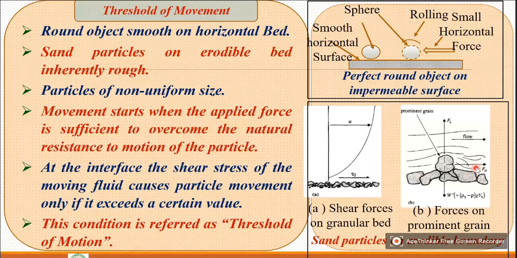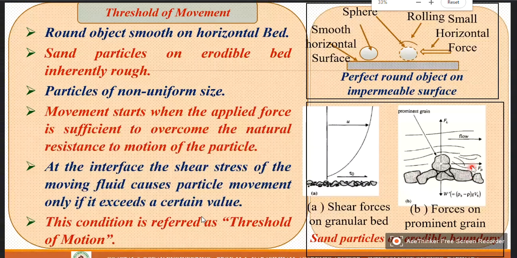And here there will be a shear stress, because the velocity is 0 here and there is a velocity gradient. As a result of this velocity gradient, tau is equal to mu dV by dy. So there will be a shear stress that is developed as shown here. So this causes the shear force and shear stresses. Now, you are applying a force on a particle. This is a force on a particle.